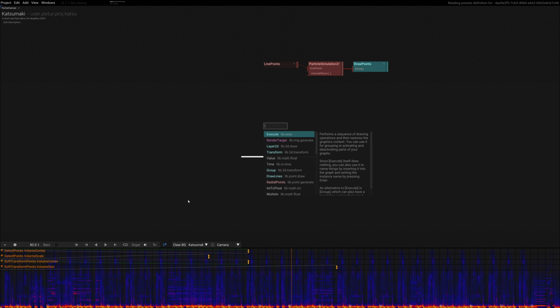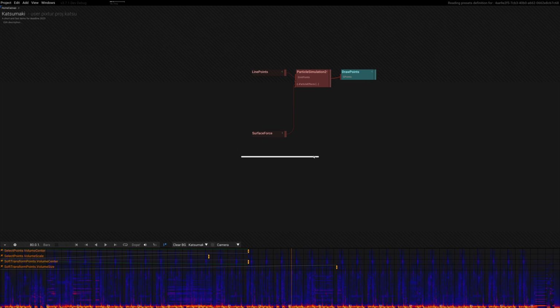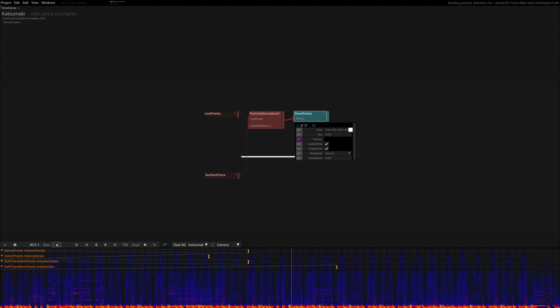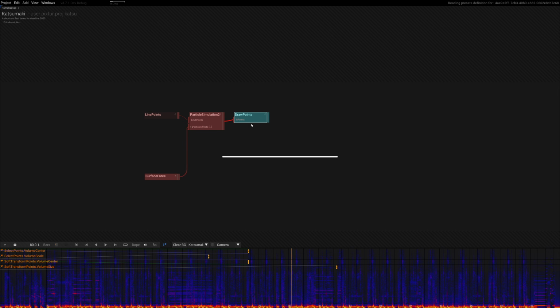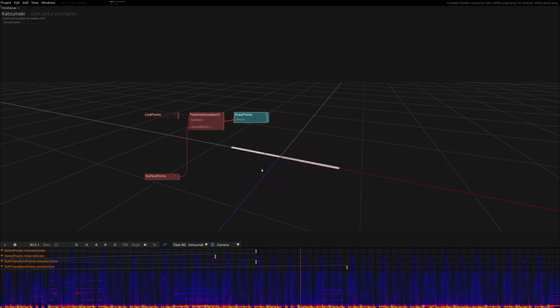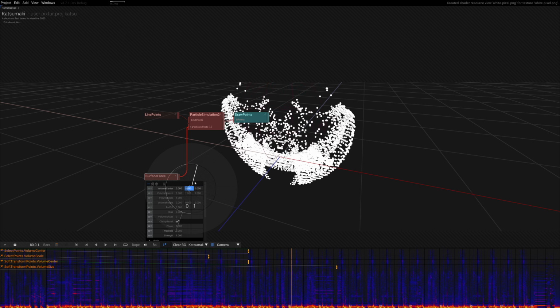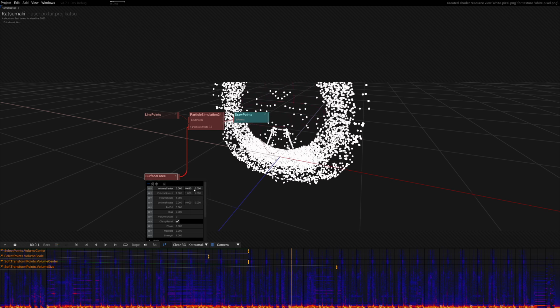But if we add the surface force, and if we enable animation, we should see a little bit. Let's also turn on the grid here. Where's the grid? So we see we have a small helper object here so that we can move the surface force around, and we already see how